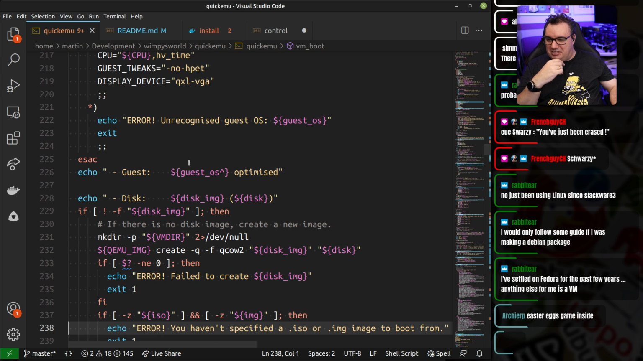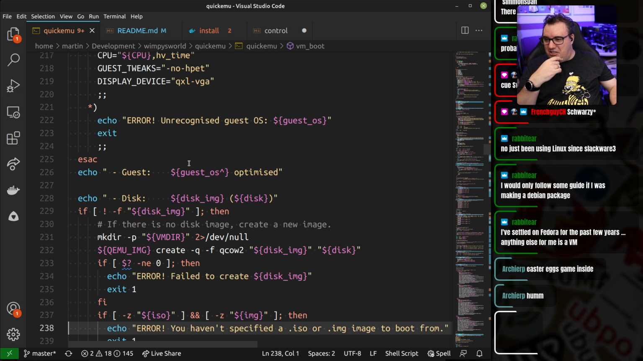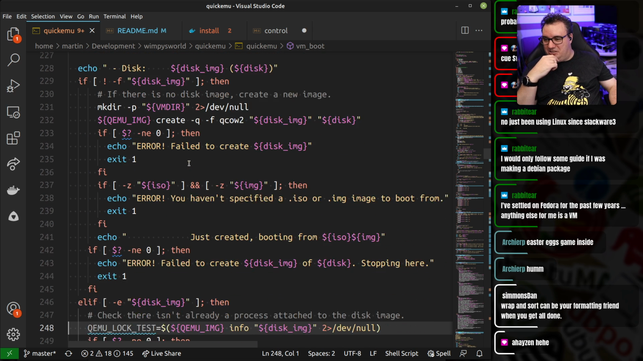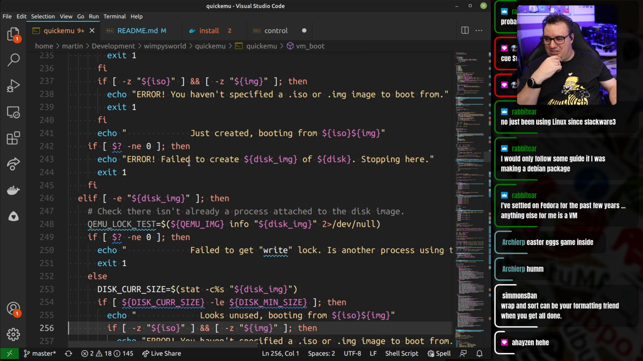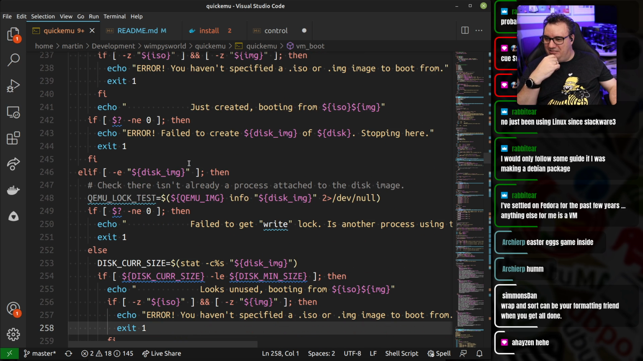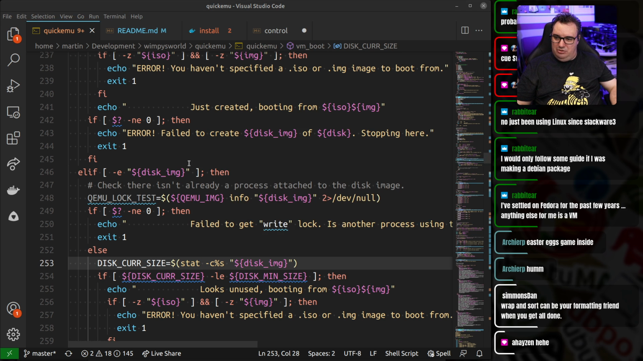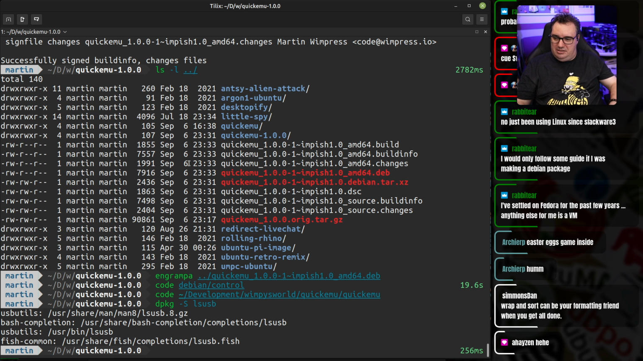So there you go. There's some class encryption for you there. So qemu-img, wrap and sort can be your formatting friend when you get all done. Yes, wrap and sort, definitely. I do use that. I bet that's in my command history. Stat. I don't think I need to be specific enough about that. I'm pretty sure that's a standard thing, but let's